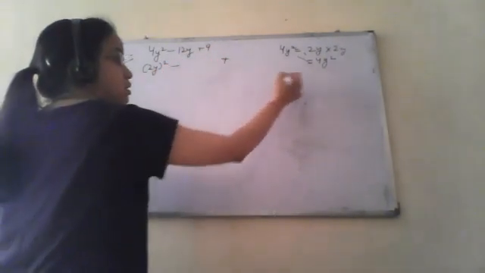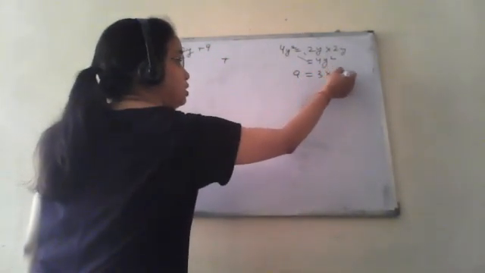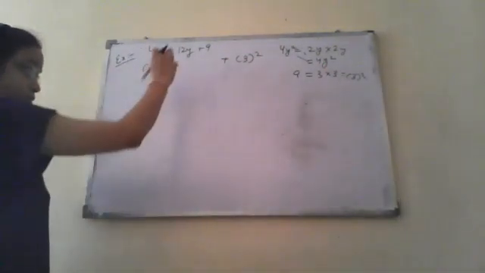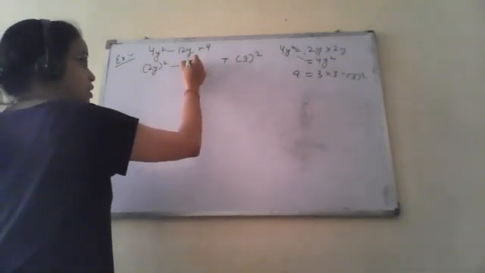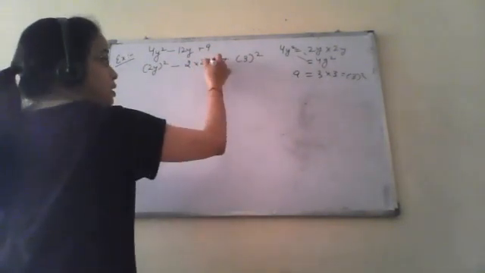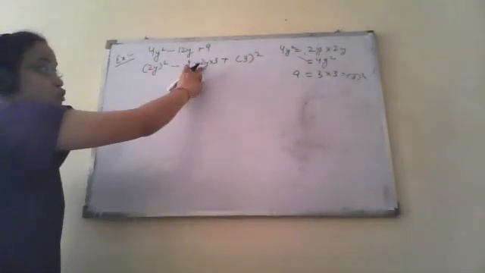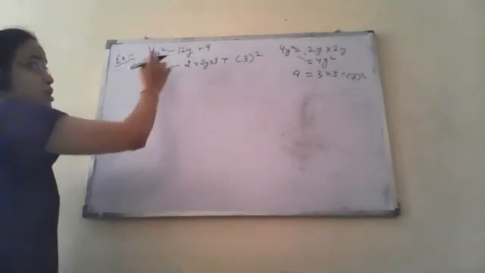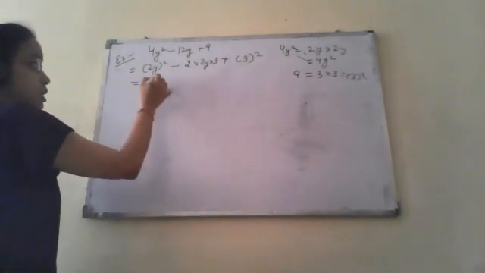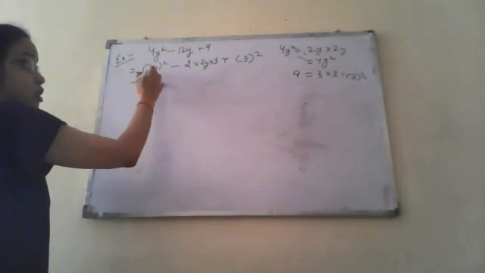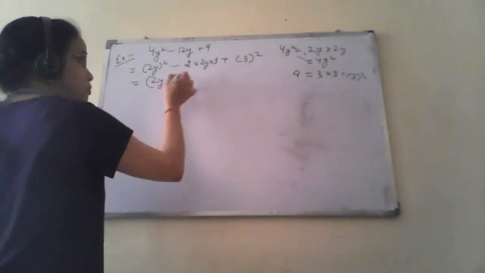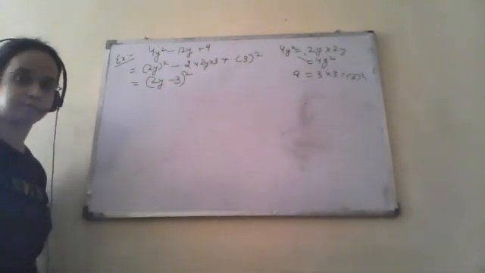Now this 9 is nothing but 3 into 3, or this is the square of 3. So it is written as 3 square. Now this 12y, how can we write it? This is 2 into a, which is 2y, into b, which is 3. So it is 2 into 2, 4, into 3, 12y. So this expression is equal to this. We have just modified this expression. So it will become (a - b) whole square. What is a? This is 2y, minus b, this is 3. So it will become (2y - 3) whole square.